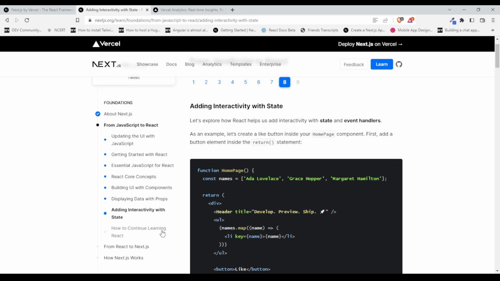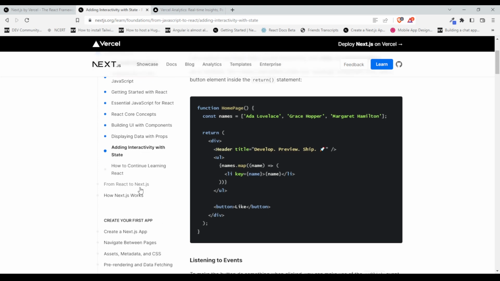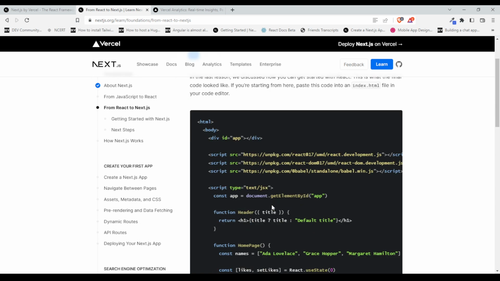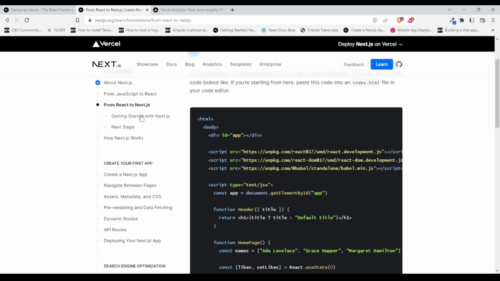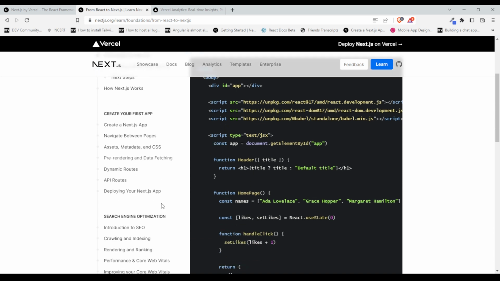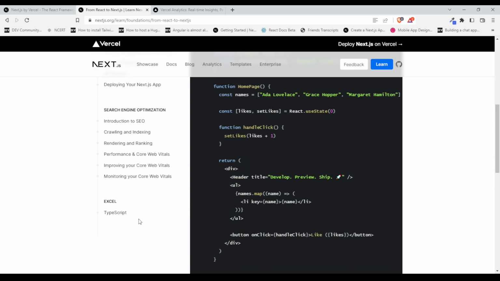State: how to continue from React to Next.js. Start with Next.js: how to create your first app, create Next.js. Between pages, mastering data fetching, rendering, and applying changes. That is cool. We'll read about it till